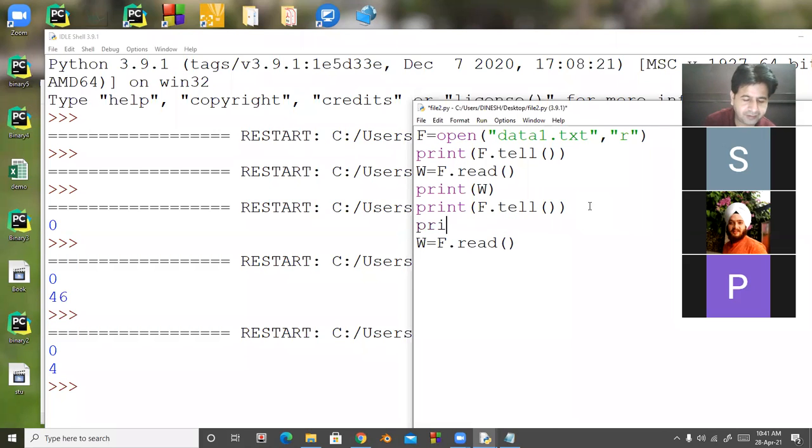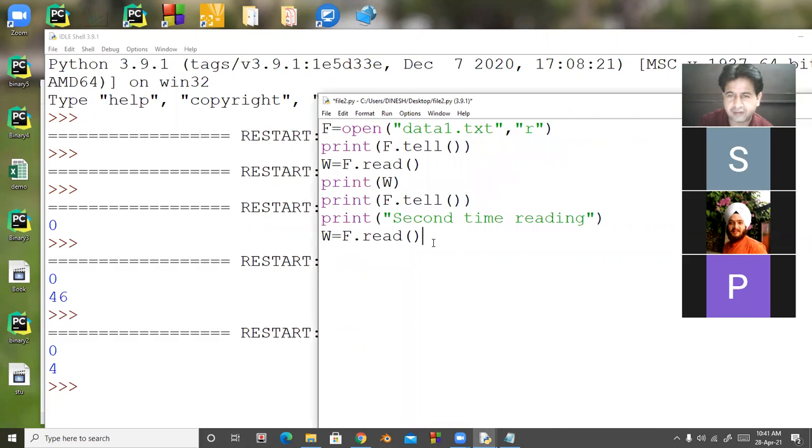I am displaying one message, "Second time reading." After reading, I print w again.